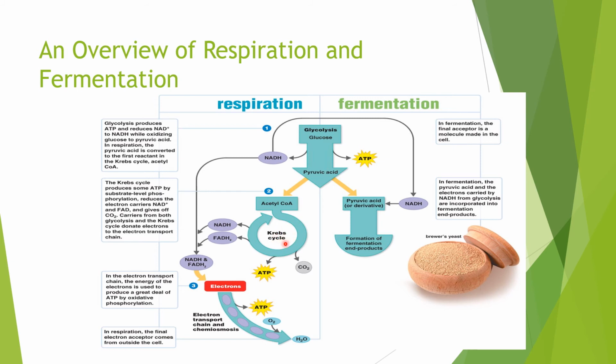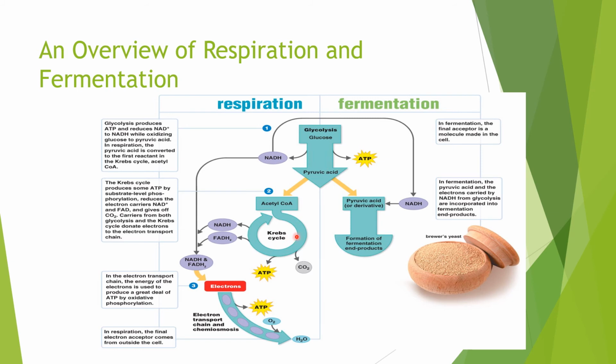During that process, carbon dioxide is released, and that's actually most of the carbon dioxide that we exhale comes out from the Krebs cycle. We produce another 2 ATP molecules, and during the process of glycolysis and the Krebs cycle,